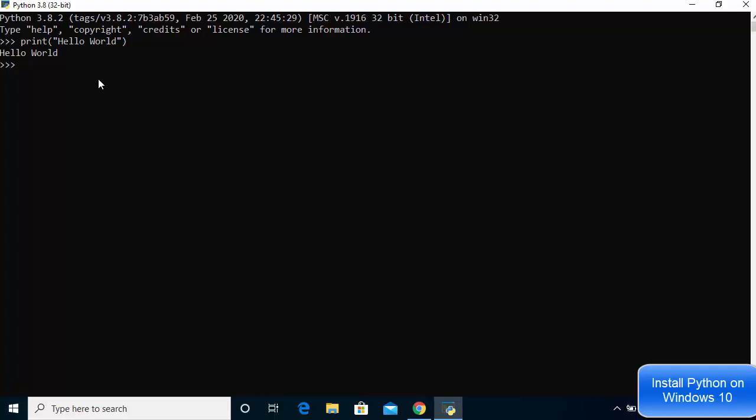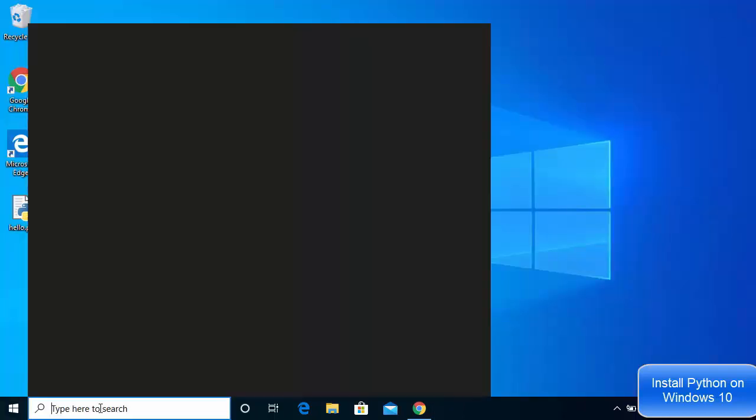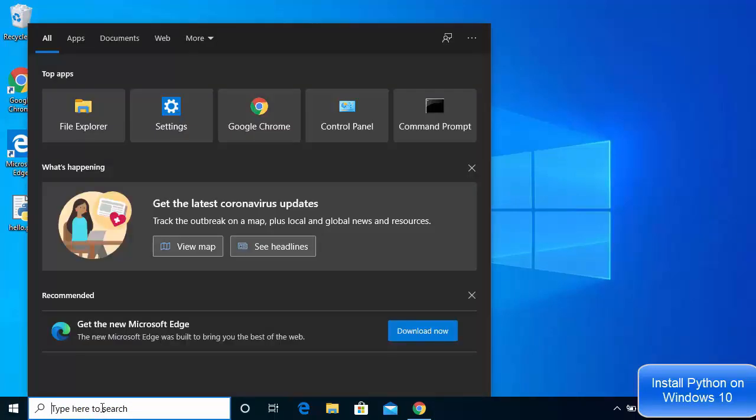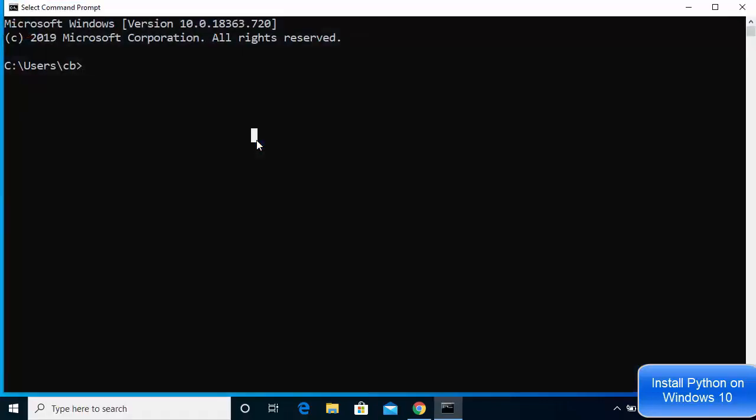So if you want to use the Python terminal, use this one, or if you want to use the idle IDE, you can use the idle IDE also. Now let's check whether the Python command is working on our command line or not. So I'm going to just write cmd in the search bar and then open the command prompt. And once I do that, I'm going to just write python version here and then press enter. And straight away you will see that Python 3.8.2 is the version which is installed.